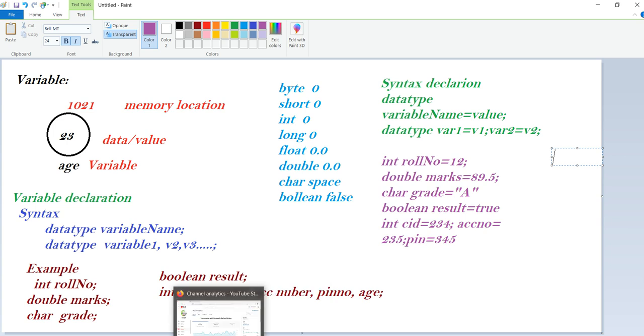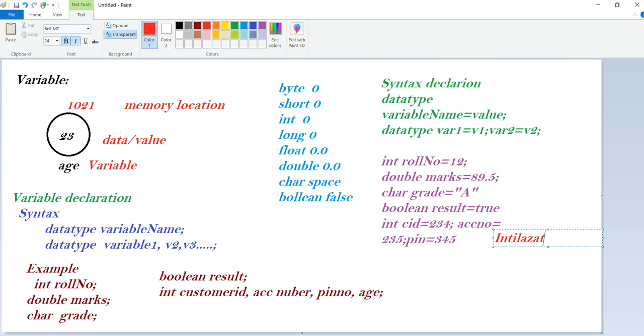And then next, one more word we can see here: initialization. What is the meaning of initialization? The process of specifying a value to a variable for the first time is called initialization. Why first time?